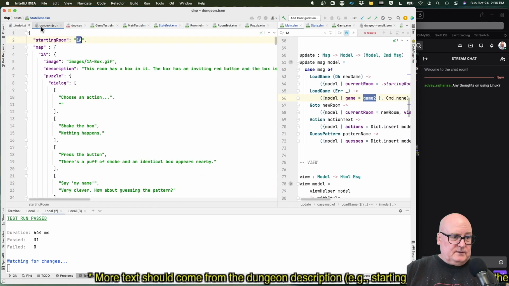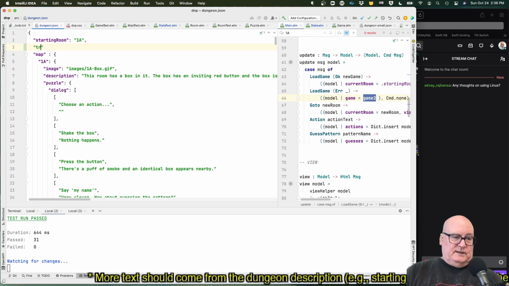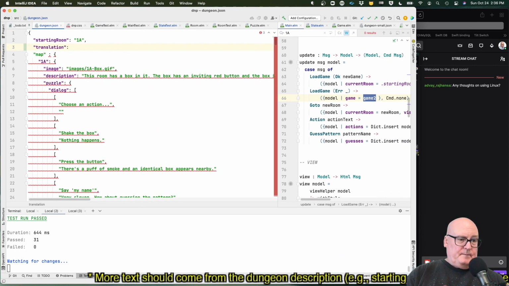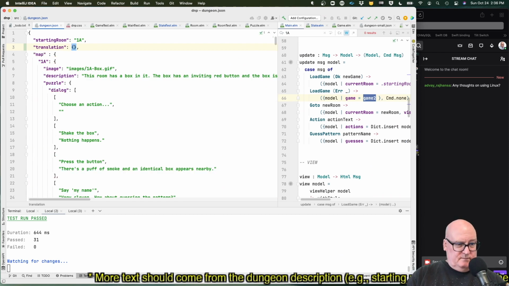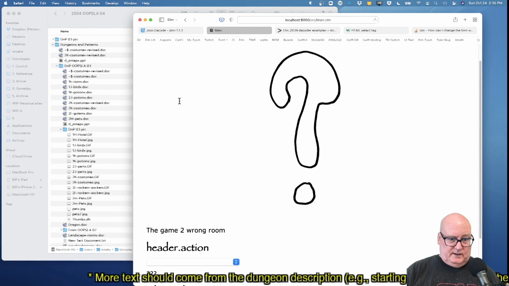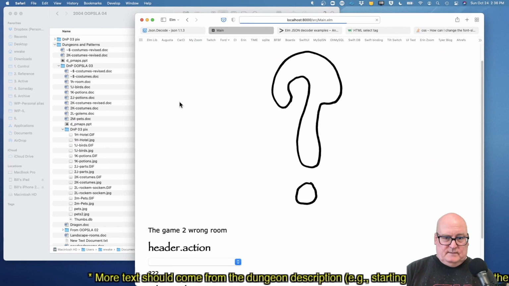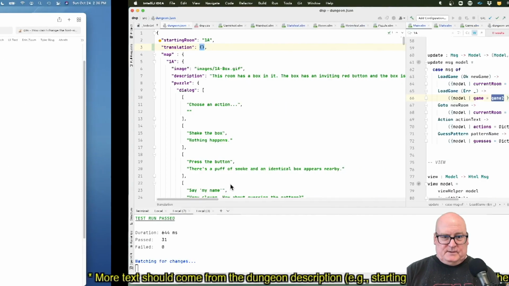Okay, so let's go dungeon. All right, we got map, we got starting room. We don't have translation. So even without that, this should be, I'm not sure. I guess it should be, yeah, that'll be a map. Okay, so this should make it run. Yeah, good theory.